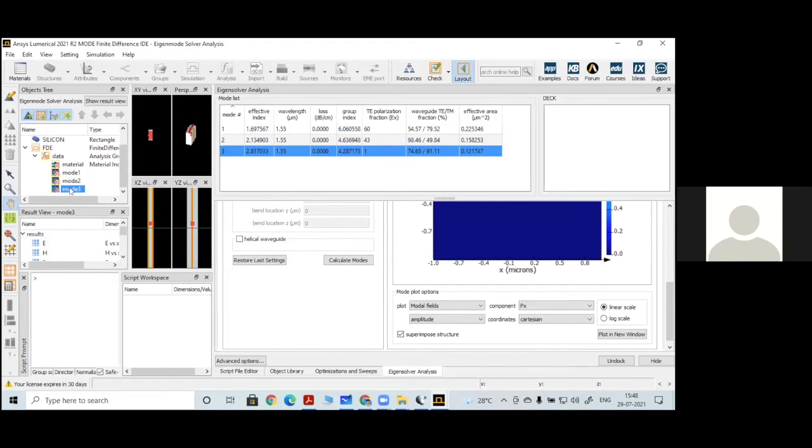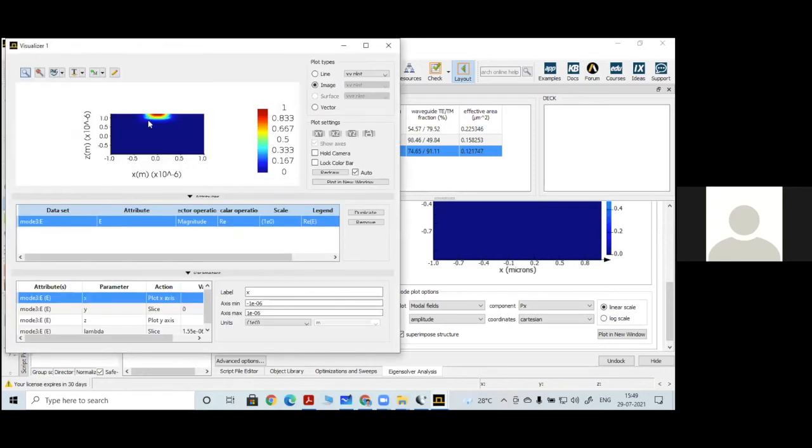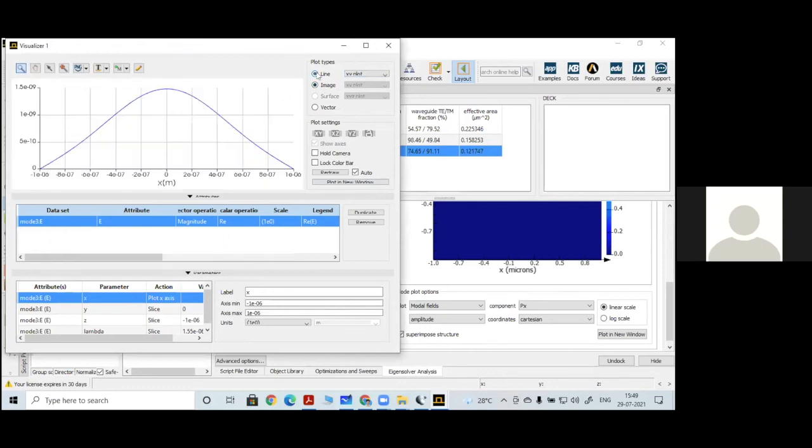Whenever we want to export the data, you come to this object tree. There you can look into the various modes. Say I want to export the electric field confinement of mode number 3. So I can click on that E field, and it will show the E confinement plot. It is showing as an image now. Now I want a line plot of this. If I click it, the same electric field intensity that the image was showing is now shown like one Gaussian curve. So it is a standard Gaussian shape pulse, having a single pulse.